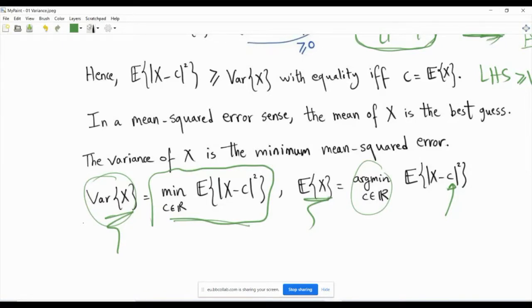So if you measure the error using mean squared error, MSE, then your best constant guess for a random variable is basically its first moment. If I tell you that I am going to generate a random variable, what is your best guess? And you tell me, with no other information, just to make a guess. Well, according to this formulation, your best guess will be the first moment.